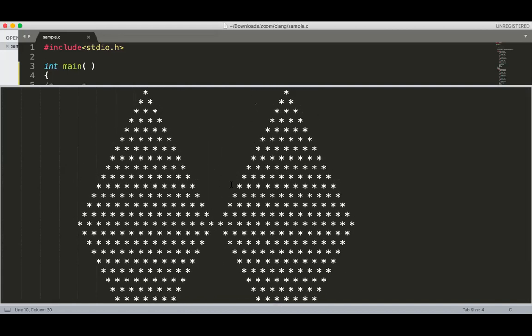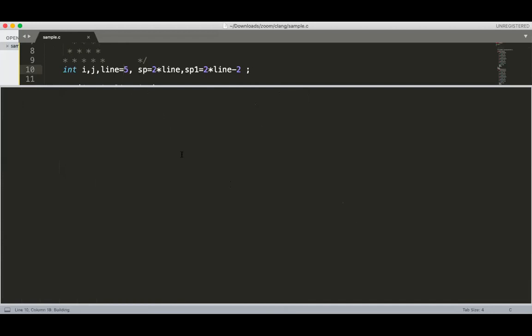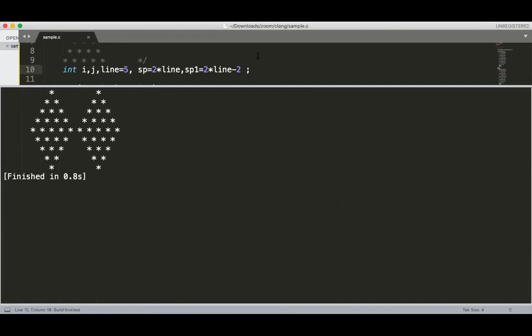Only one user input, 15. If I give 5, then it is 5. This is the one kind of program that you want to try. Okay, noted. The same code and the same output I have shared on your WhatsApp group again.